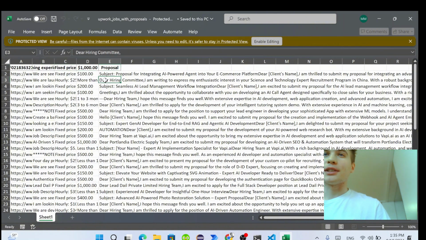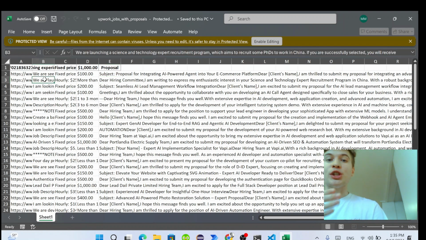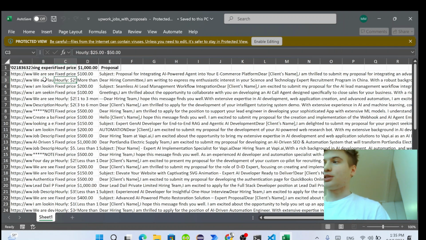And we have created the proposals for each of these jobs, and you are able to choose which one you would love to consider based on the certain criteria you have specified at the very beginning of our workflow setup. And now let's say that this project for $1,000 looks quite attractive, and therefore we can take this proposal,